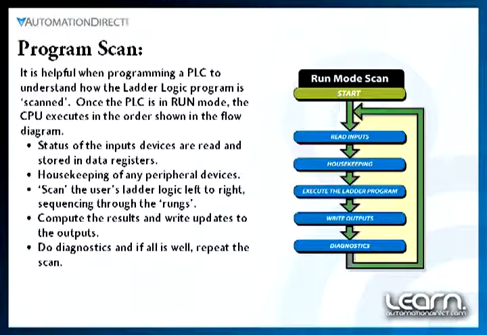Now the ladder logic is ready to be scanned. The scan is performed left to right for each instruction on the ladder logic rung, starting with the first rung and then each succeeding rung until the end coil is encountered. The results for the program's logic conditions are determined, computed, and the outputs are updated. Diagnostics are performed, and if all is well, the scan is repeated. An entire scan can take place in less than 1 to 2 milliseconds. The scan time is dependent on the size of the ladder logic program. The scan continues until the PLC is taken out of the run mode.